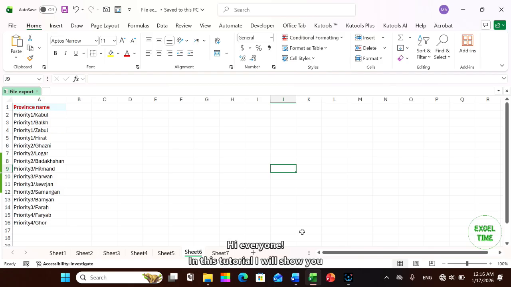Hi everyone, in this tutorial I will show you how to create folders and subfolders based on cell values with Kutools for Excel. With the Create Folders from Cell Contents utility, you can also create both folders and subfolders based